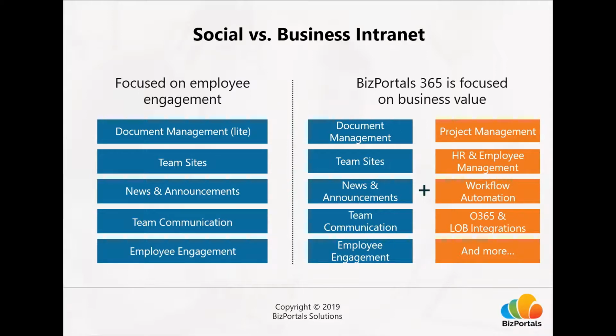Now, a social intranet. If you go online and search for intranet solutions, you have a lot of social intranet solutions. They do focus on document management because SharePoint provides that out of the box. So, like document management, they have team sites, news and announcements. They focus on team communications, employee engagement. What we do with our business intranet solution is outside of these